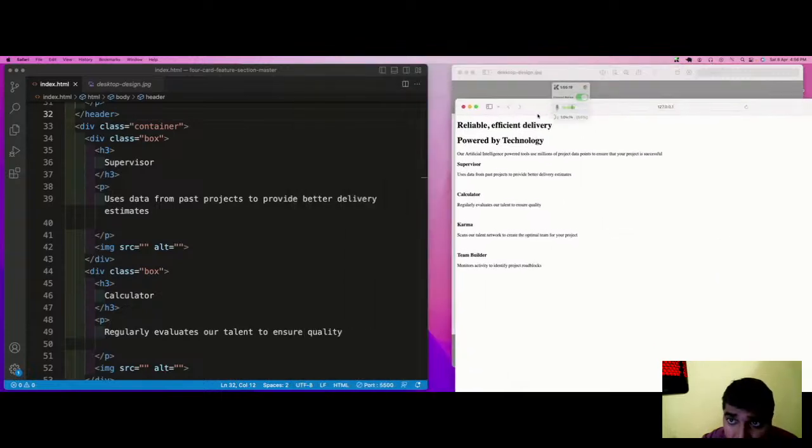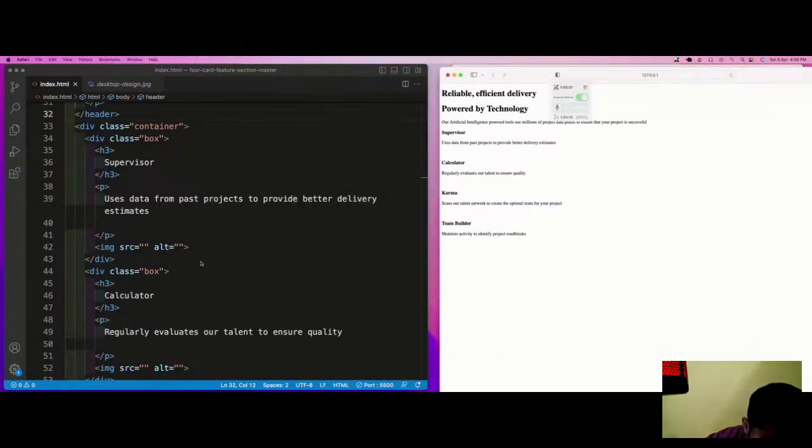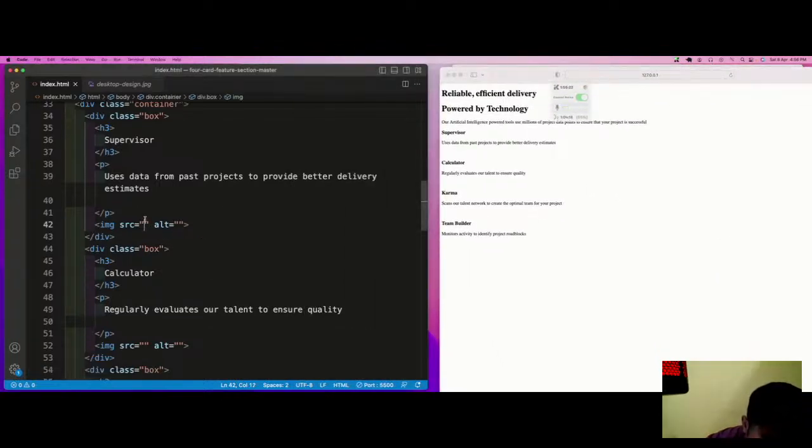Okay. So now we need to link the images also. The images also they have given.